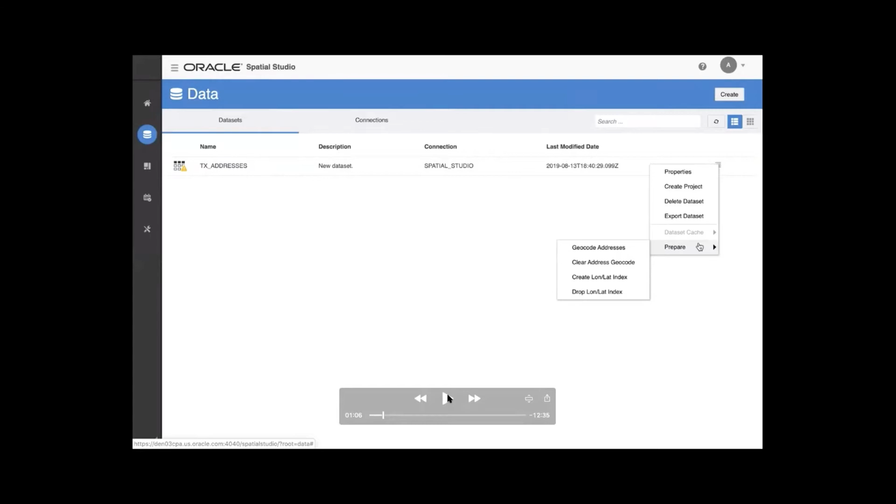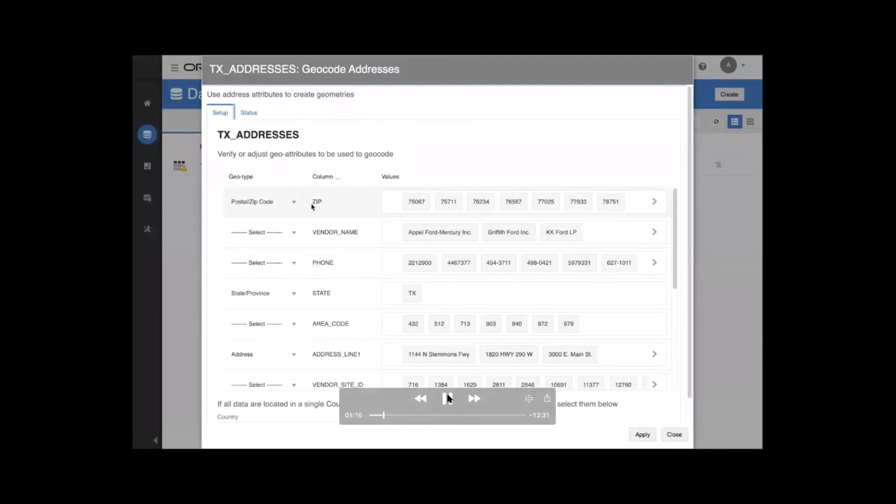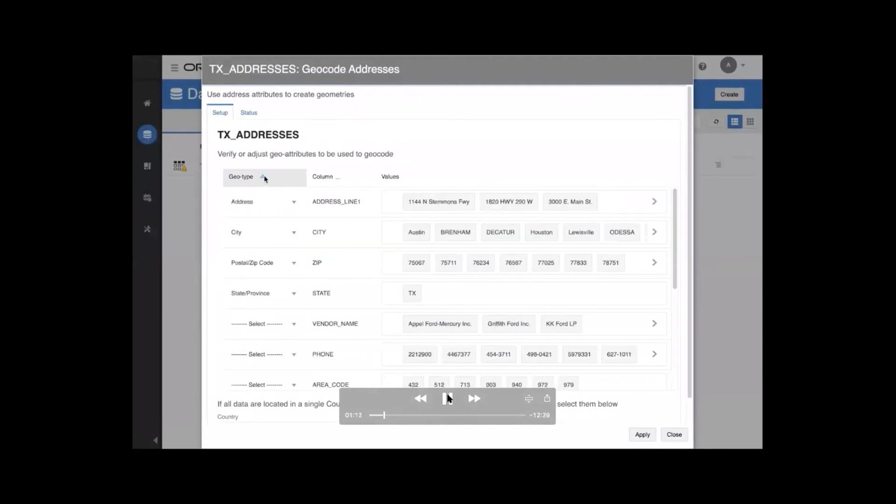In this case, we do have addresses. And we can also work with latitude, longitude data and create a spatial index on that data as well to prepare it. But in this case, we have addresses. So I'm going to select geocode addresses. And the dialog that comes up now is